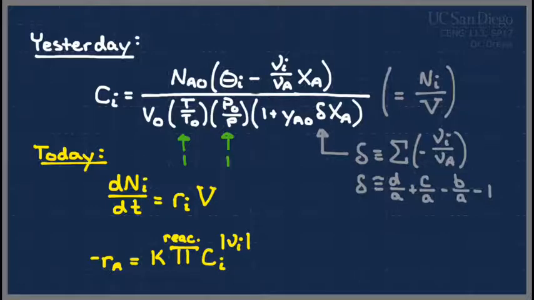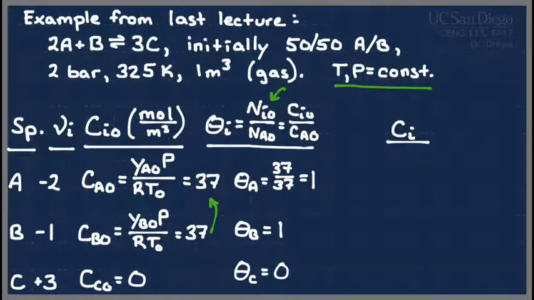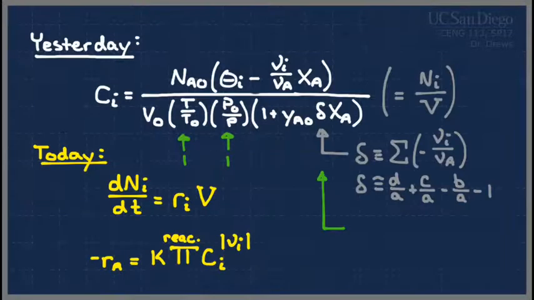So the one to look at on that particular term is delta, which I've already highlighted here. If we look at delta for our particular example, so our stoichiometry was 2A, 1B, and 3C, we just have to calculate delta based on that stoichiometry. There's no shortcut to doing that. You just plug those numbers into that expression. So if we plug those numbers in,